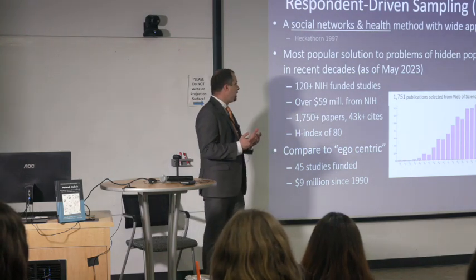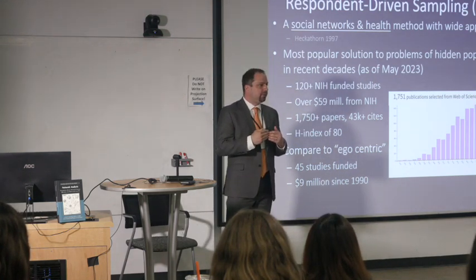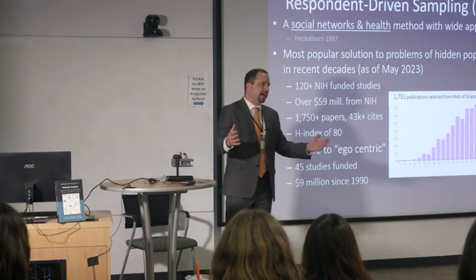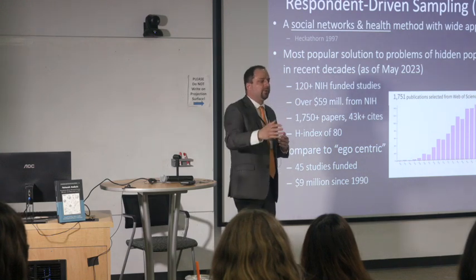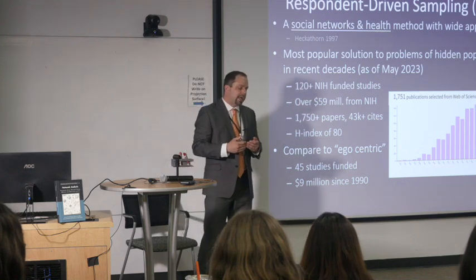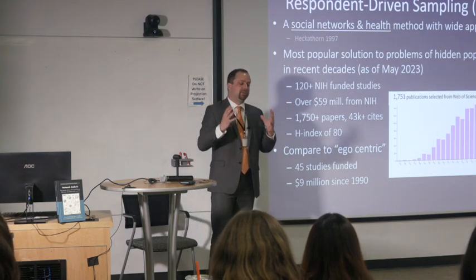The key innovations that he proposed were, first, limiting the number of recruits that each person could bring into the survey. So rather than one person bringing in 5, you try and have one person only bring in 2, to extend the chain further in the network. And second, using a series of statistical estimators to make adjustments to the resulting data to allow us to make generalizations to the population.